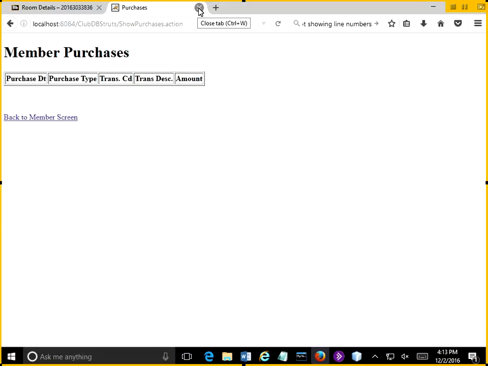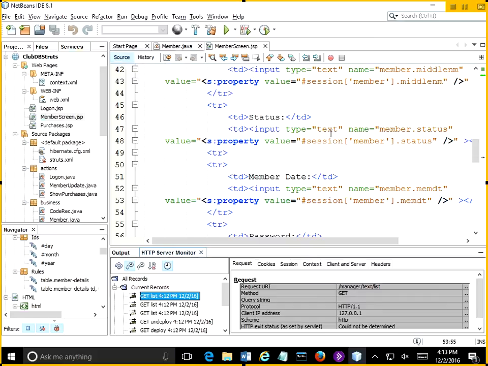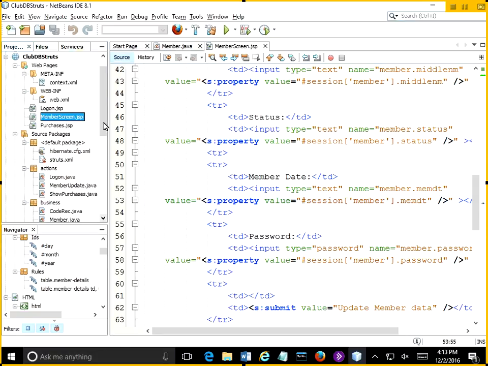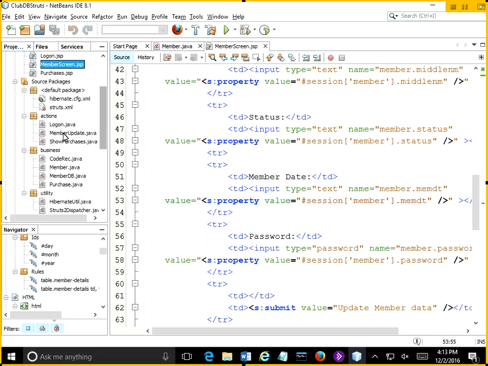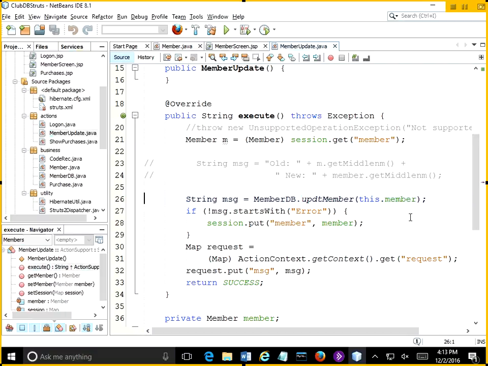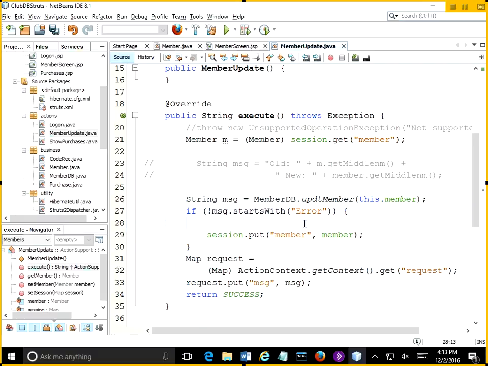Well, that is marginally understandable, because we didn't. There's something about the Hibernate refresh which was not working quite the way we had hoped it would work. So the fix for losing the transactions after a member update is to go into the member update action, and when my line numbers are back after I closed and reopened the application. Back here, when we see that we don't have an error on the member update function, we actually need to